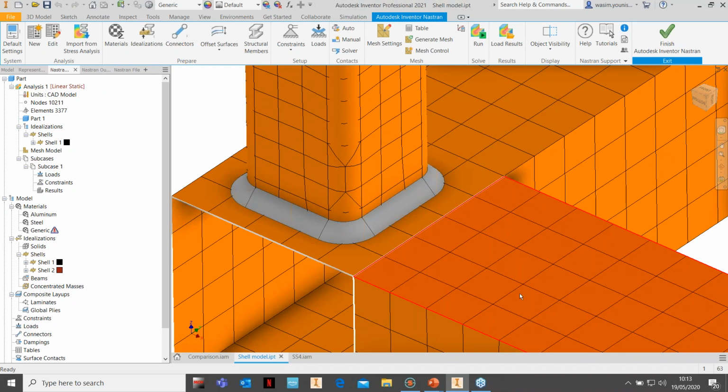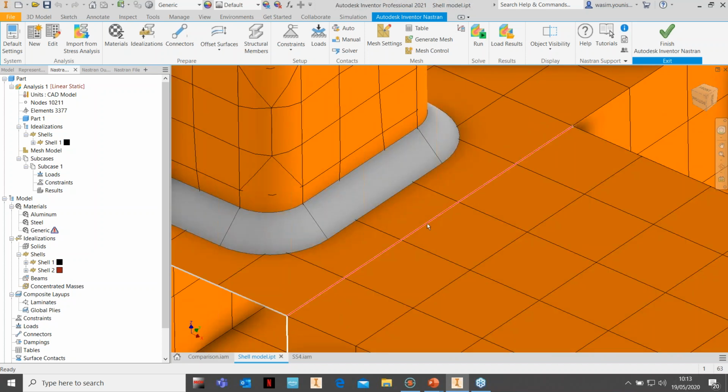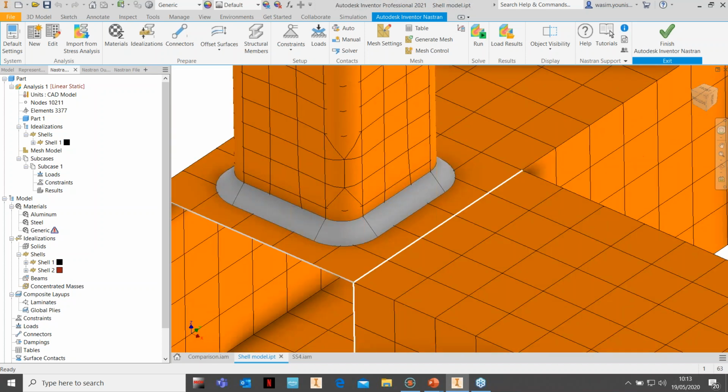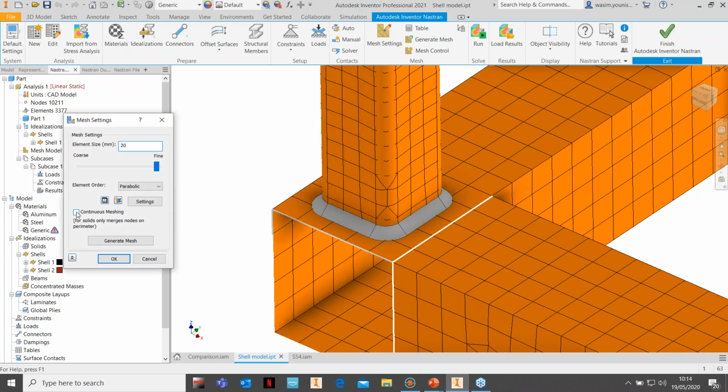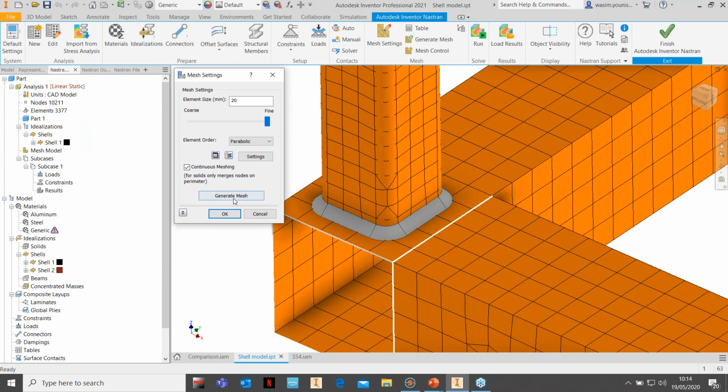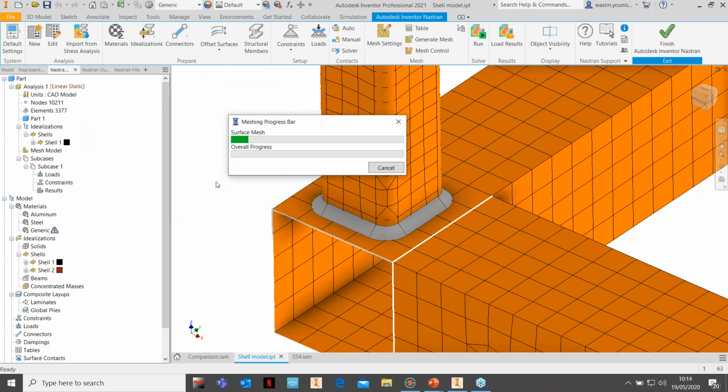Now the trouble then is I'll have two edges here. Which edge do I pick? That one? There are multiple edges. Now the quickest way to create contacts between fabrications or shells or surfaces which are touching, you're probably better going into mesh settings. This is the Nastran approach, and click on this continuous meshing. This continuous meshing is designed for Nastran. So if I now click on generate mesh here,